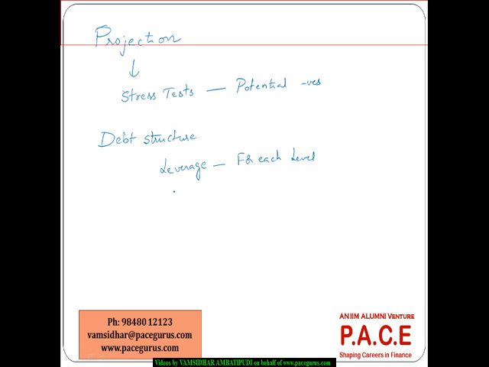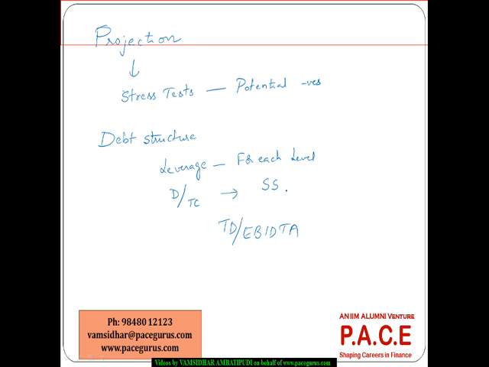So debt to equity or debt to total capital computed for each level, which means for a senior secured debt, what is the debt to total capital ratio? For a senior unsecured debt, find out what is the debt to total capital ratio, or what is the total debt to EBITDA ratio. What is the total for the complete debt? Find out what is the total debt to either the total capital or the EBITDA kind of ratios. Try computing it